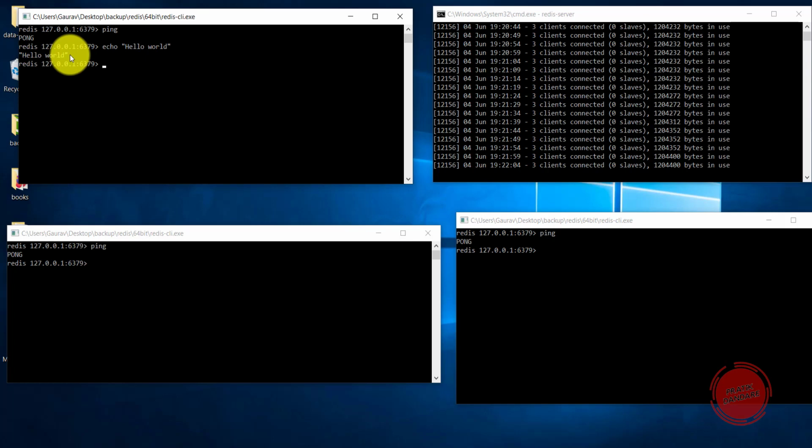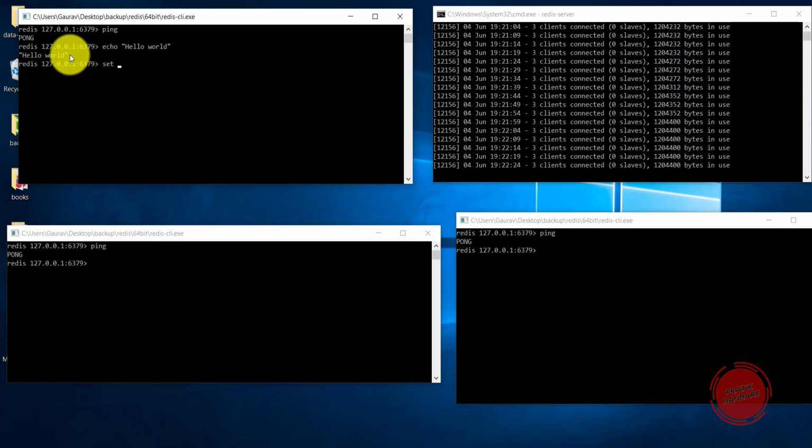This is basically a key value kind of structure. So I am setting some keys and with the help of those keys I am getting the value. With the help of set we can set any kind of key here.